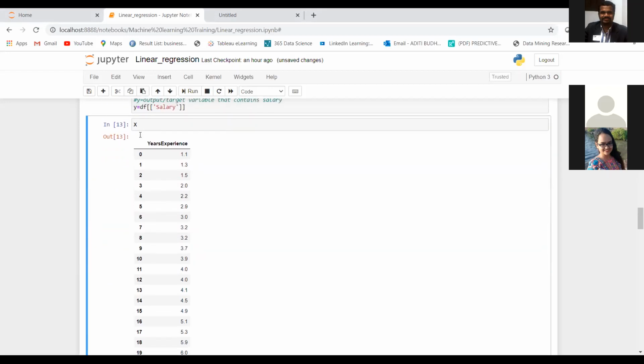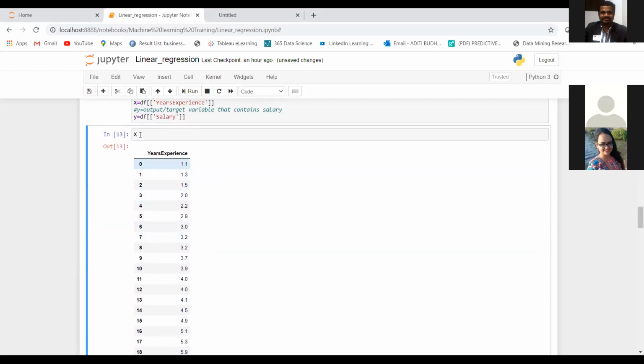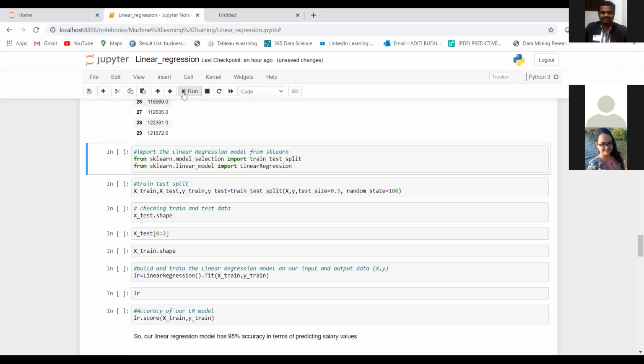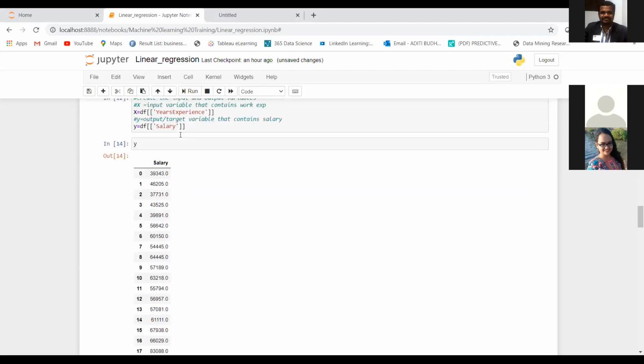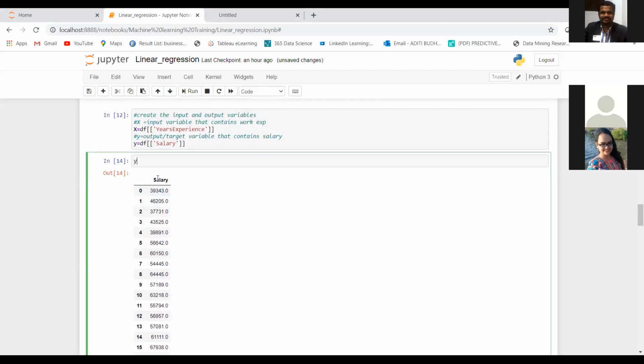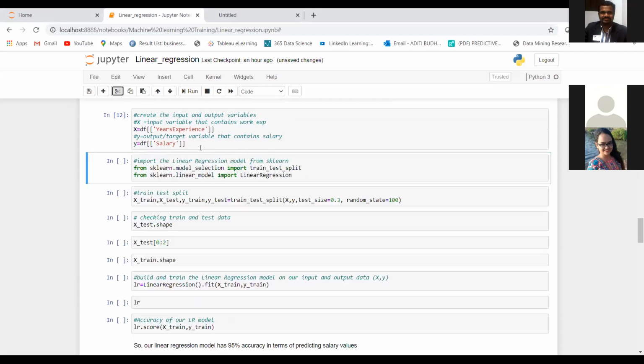So here you see X is our years of experience that we have got, and Y is our salary. Okay, so now we have separated our input variables and output variables, right? This is the common step which will be done in all of the algorithms that we will have a look at.